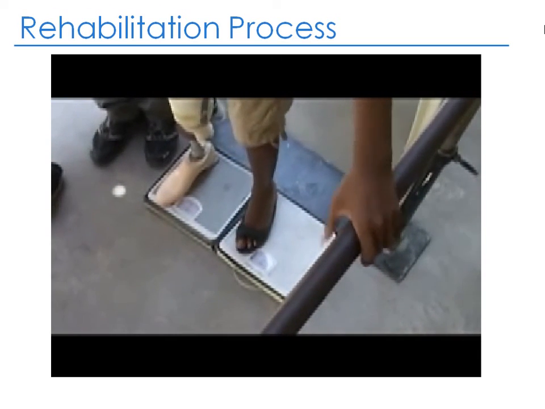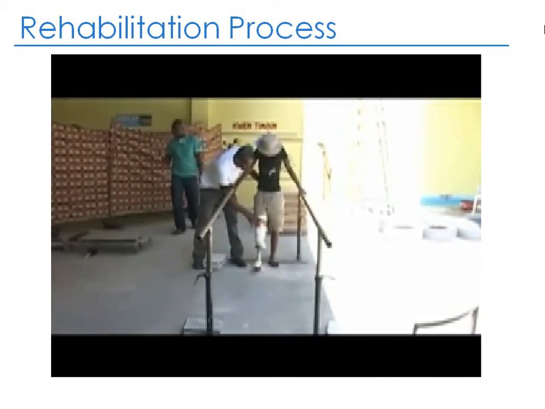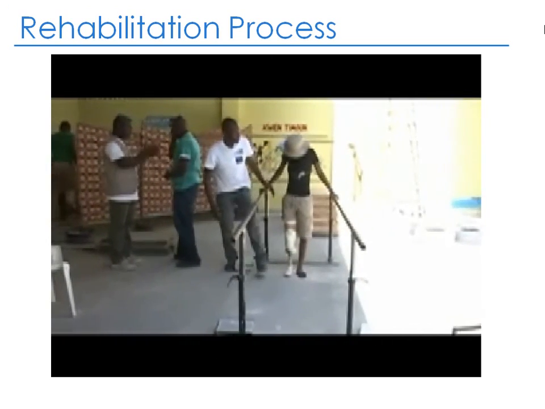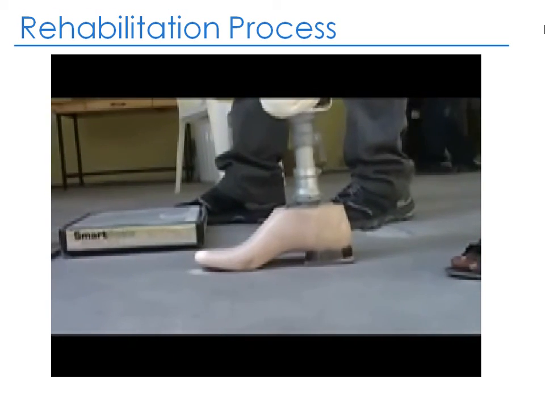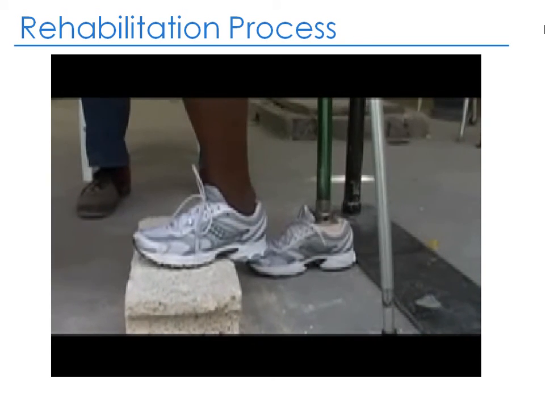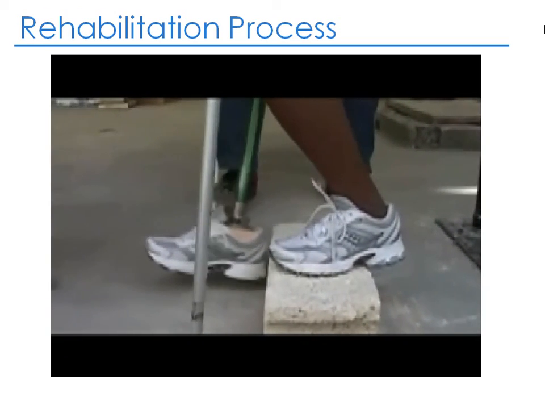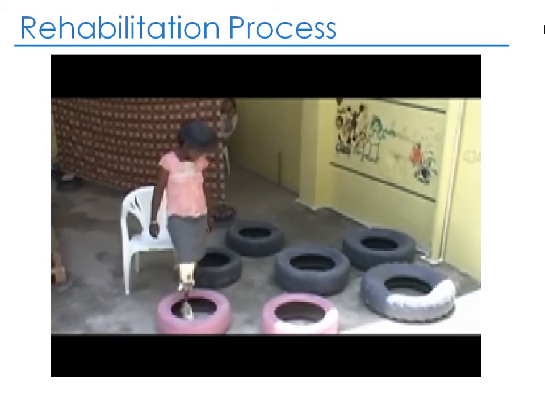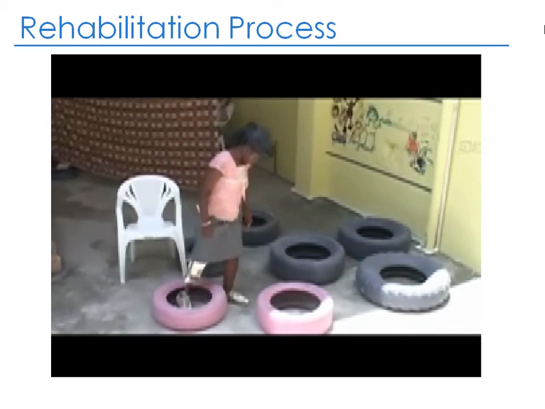We have to teach the person to trust the prosthesis and put weight on it so he or she will be able to properly walk. Then we'll teach gait step by step, starting with a single step, and then a whole gait cycle. Then we'll switch to more functional training once they can walk on flat ground, and we put some obstacles, trying to do exercises similar to what the person will face once they go back home.